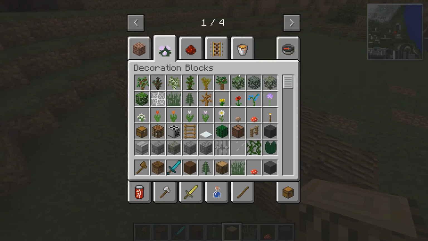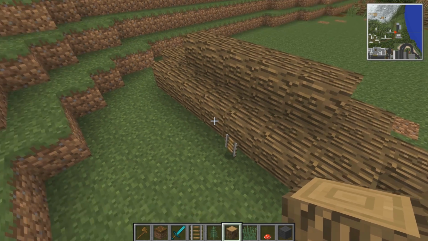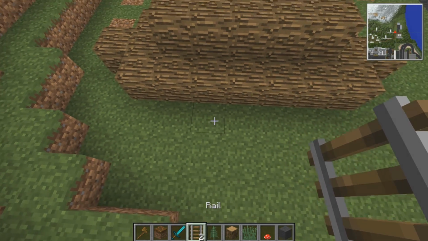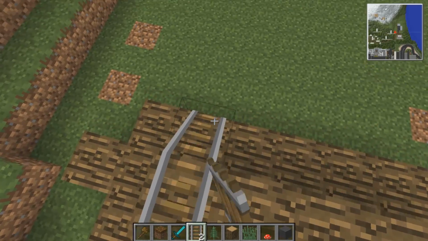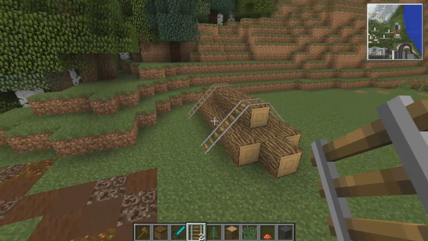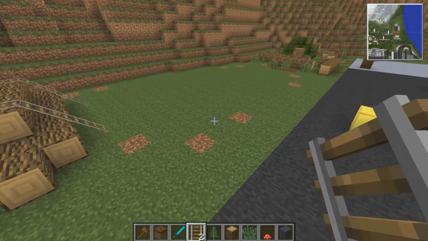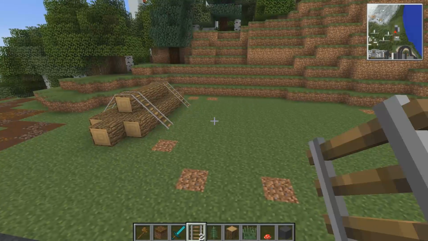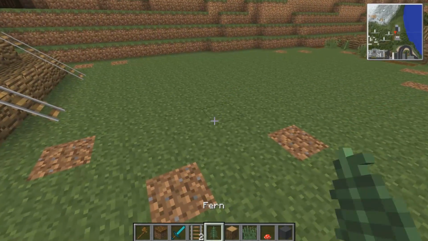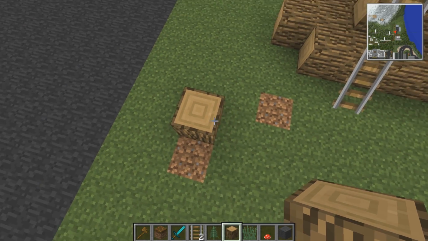Something like that. And then if we get some rail, we can make it look like we're tying it down, like it's strapped, ready to be loaded on. Ooh, we could even have logs ready to go onto lorries and stuff. How could I do that? Like little chopped up ones. We could have it like,